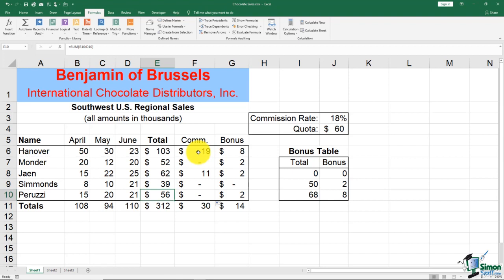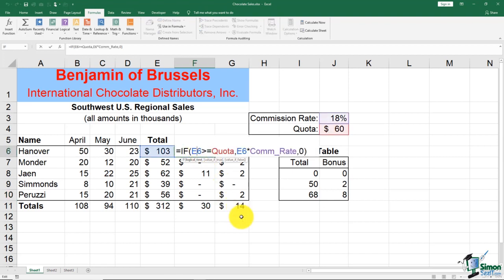Now I want to go back and double click on F6. I want to just show you how this formula is set up. We know we start with equals and we've got the word IF there. Here's the part that I wanted you to see because that's the test. There's where we said E6 is greater than the quota, and notice it has a comma because then there's another